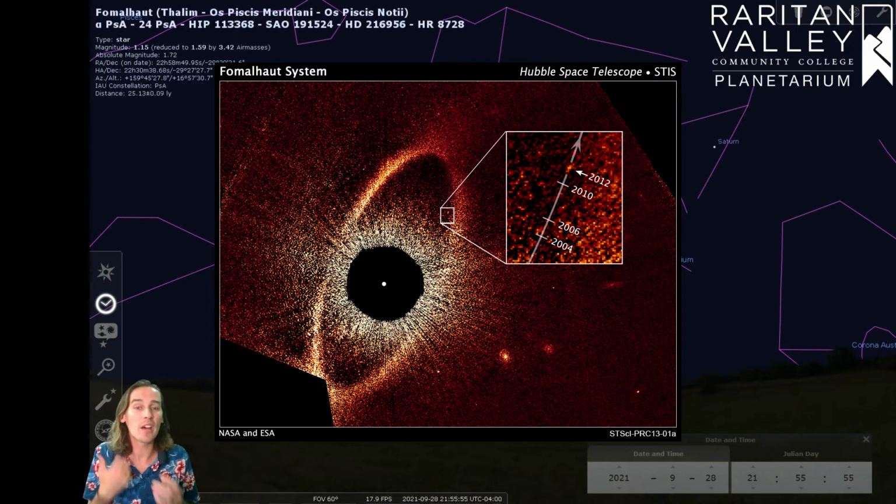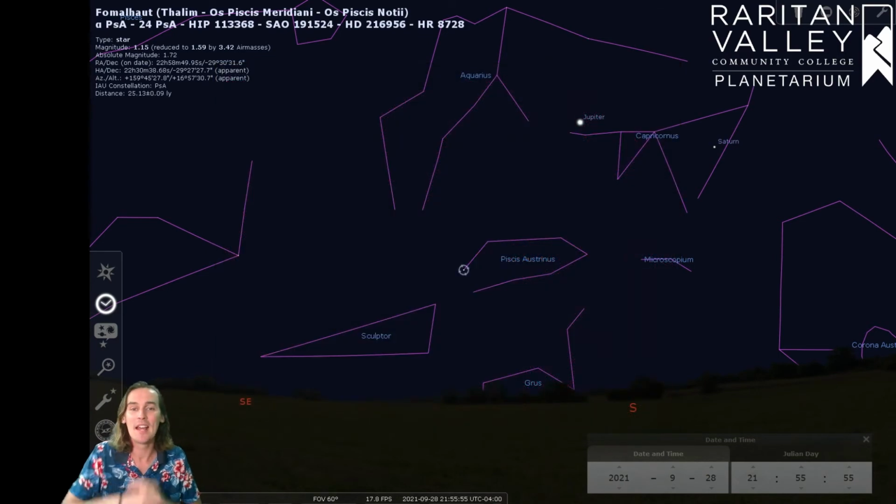And actually, for the longest time, we thought that we saw a planet in this protoplanetary disk as well. We thought it was one of the few direct images of an exoplanet because when we zoomed into the disk, we saw this little dot right here, and we saw it in two separate instances. We saw it once in 2004, and then we saw it again in 2006, and it was moving in an orbit, so we could see its curve, and we could tell that it was going to form an orbit around the star. Naturally, astronomers got really excited,